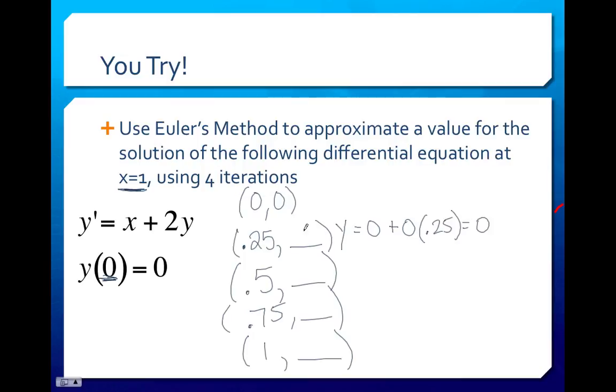That gives me 0. Okay. Now y is equal to the previous y value plus the slope based on this point, which is not 0. X plus 2y is now 0.25 times 0.25, which I believe is